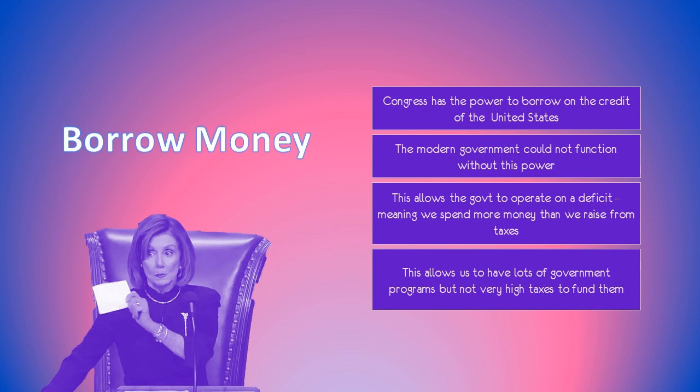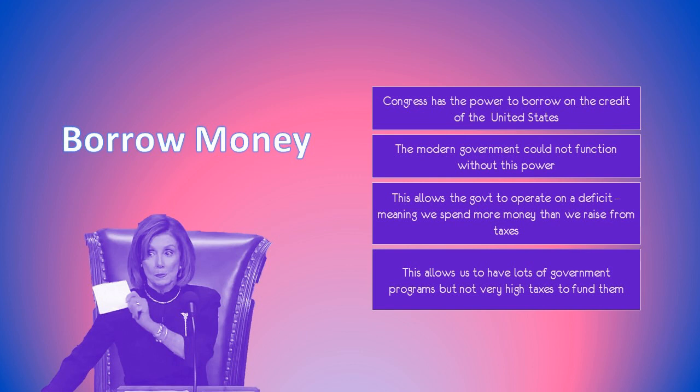Aside from collecting money from the American citizens, Congress also has the power to borrow money. They are the ones who can borrow money on the credit of the United States. The United States government has not made money in a year going back to 1998, 1999 under Bill Clinton. But the modern government is running on a big deficit every year, meaning that we always borrow a lot of money in order to operate day to day. So the fact that Congress can borrow money allows us to operate on a deficit. And this is what we do here in the country.